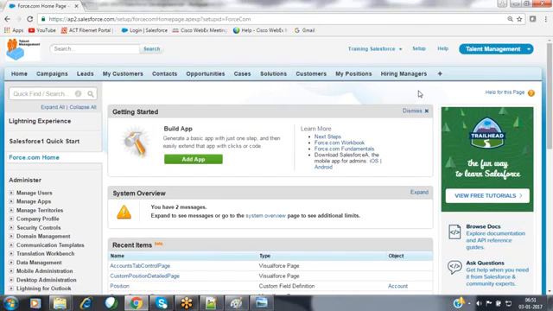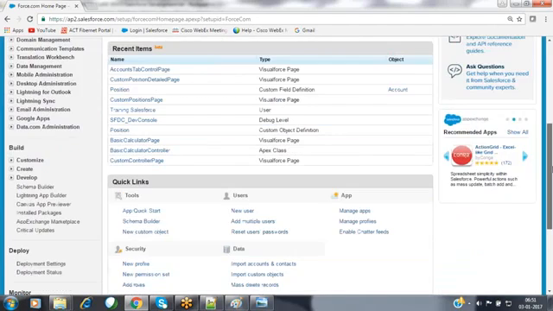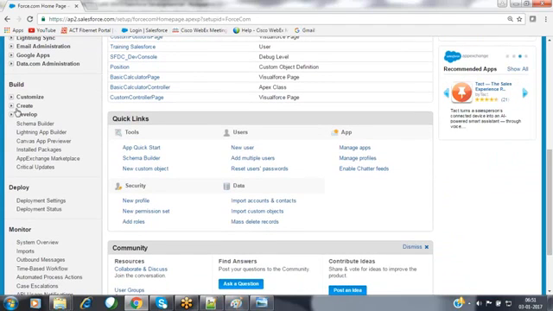Now we can use that standard navigation, or you can go with the developer console also. Now I'm going with the standard navigation. Already we have given that navigation to you. Go to the setup menu and click on it and come to the left panel.